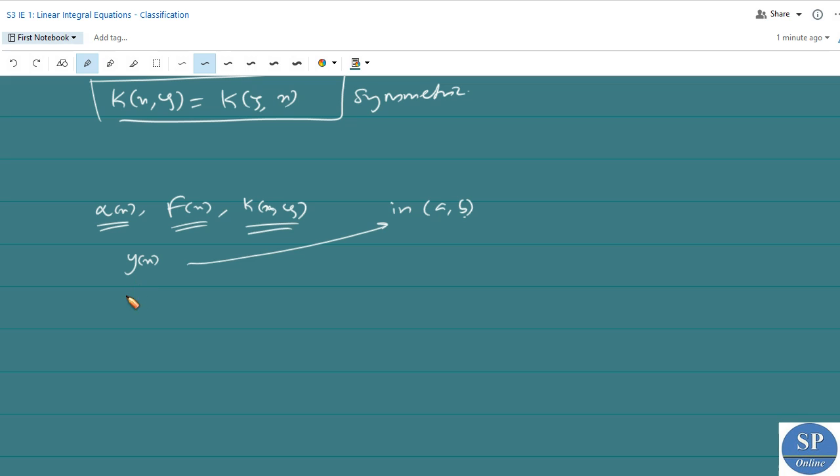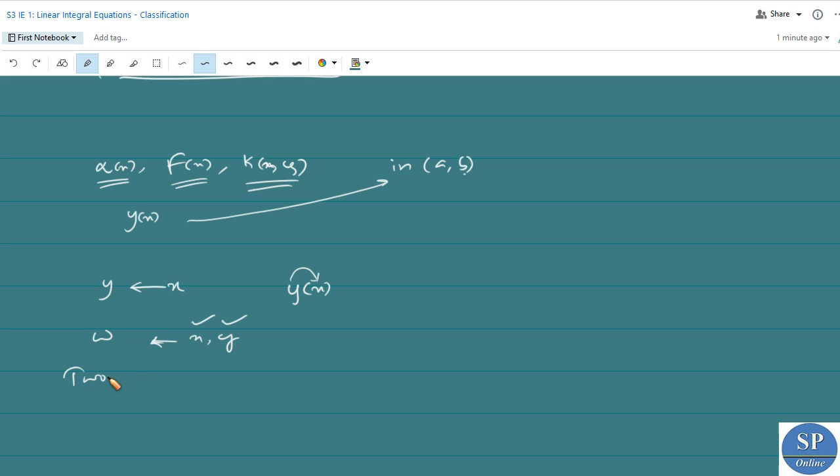Now, so far we considered the unknown function y as a dependent variable which depends on the independent variable x. That is, y depends only on one independent variable x. Now, if the unknown function w depends on two independent variables x and y, that is, we take the current variables as x and y and the unknown function as w, the corresponding two-dimensional Fredholm equation has the form